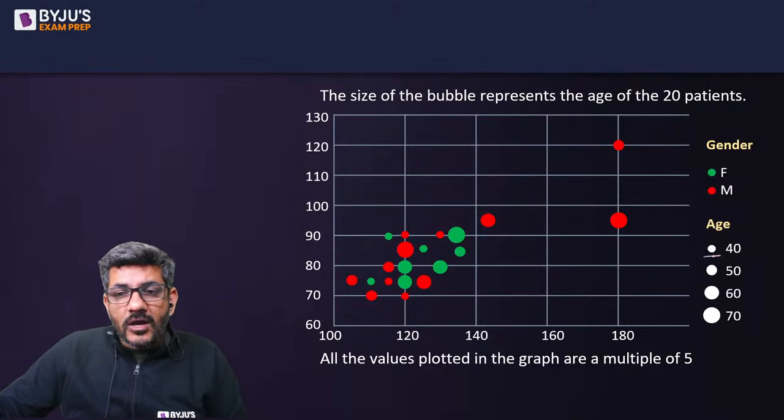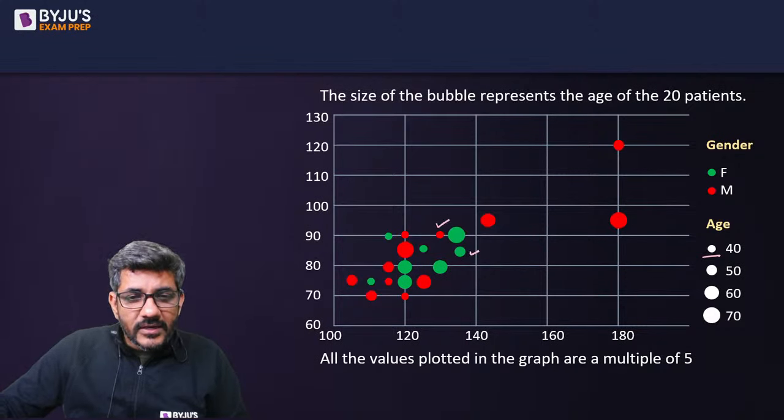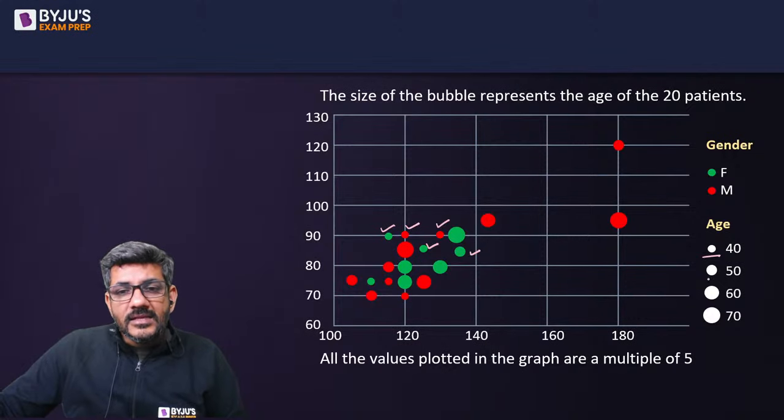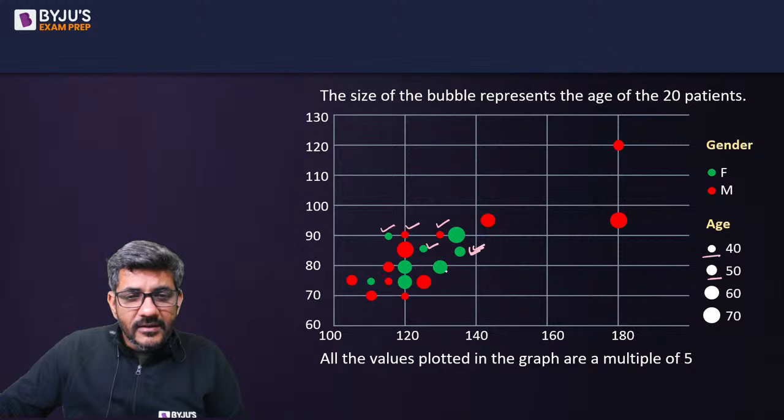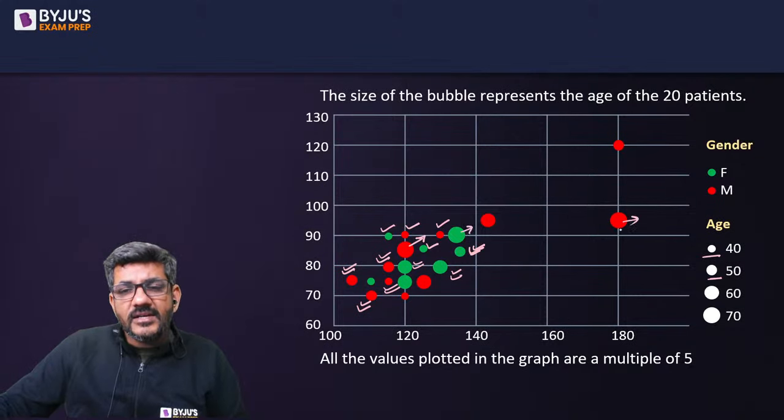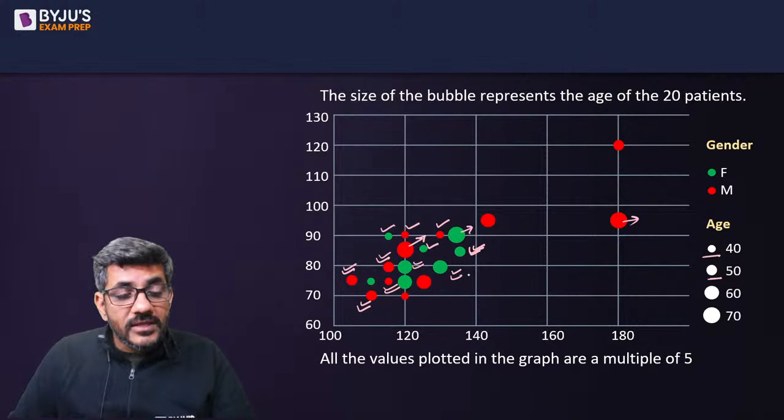He says the smallest dot is representing an age of 40. So this is representing 40. This is 40. Then a little bigger circle is representing 50. So this is 50, right? So then this is also 50. So some of them are 50s. A little more than that is 60. So this is 60. This is 60 that ways. And this is 70. That ways we get to know about these figures as well.